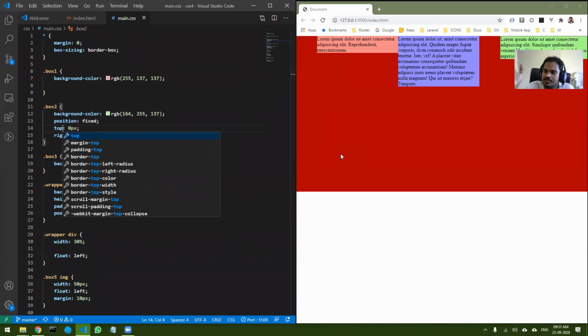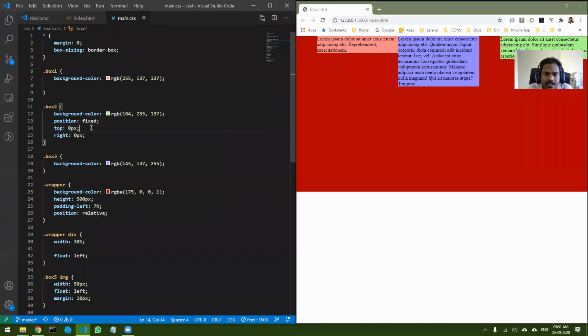So you can see now it goes to the top, right? The advantage is you can create buttons. I don't know whether you have seen it or not, if you open your mobile app, Google Gmail, you will see a button at the bottom which says compose, a plus symbol, right? So you can do that with the help of fixed layout. So I will show you that.